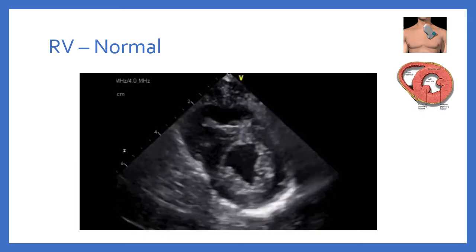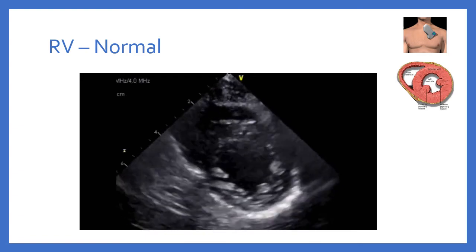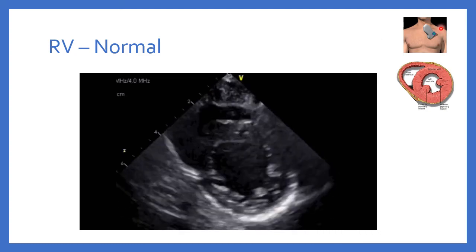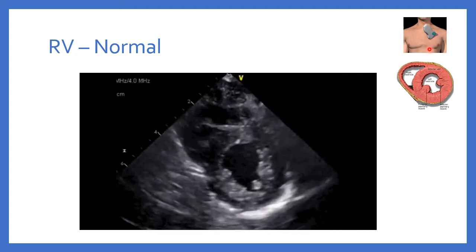Let's look at some examples of normal and abnormal RV function. One of the best views for looking at the right ventricle is the parasternal short axis view. So we'll put our probe marker towards the patient's left shoulder at the parasternal window. We're going to look at both ventricles here. So left ventricle,